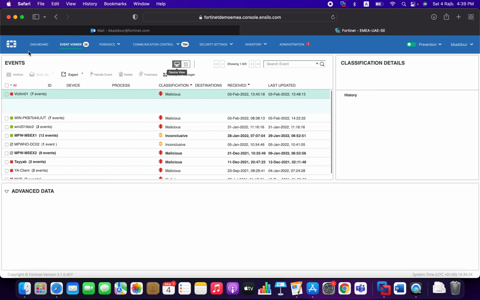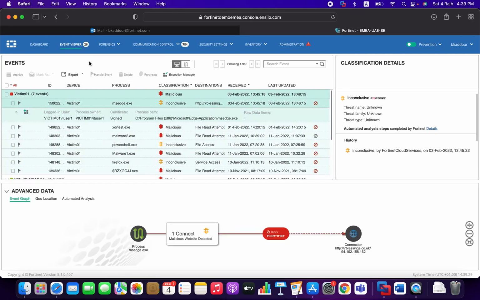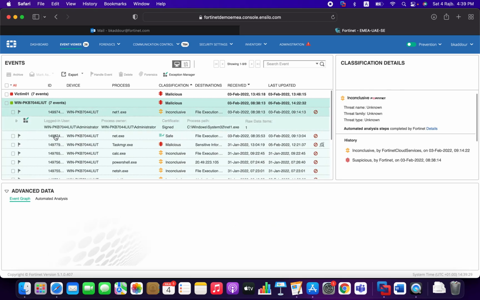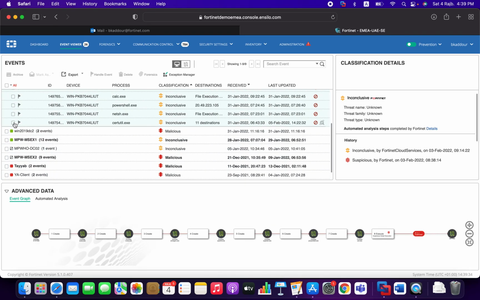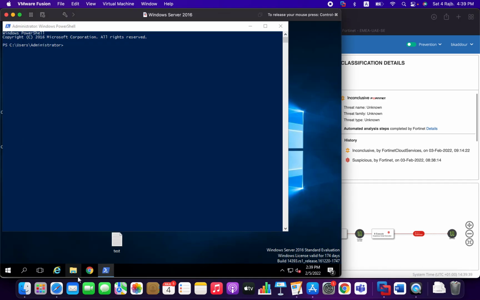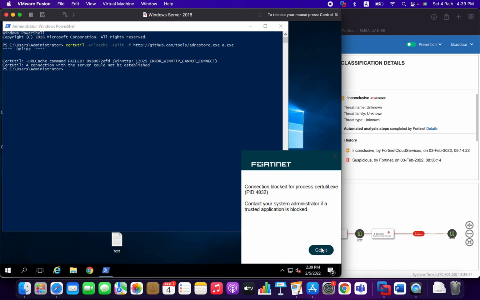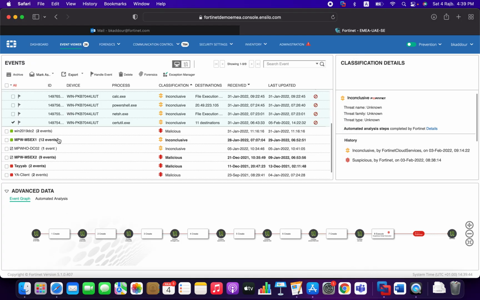So what's the relation between event viewer and the forensics tab? Whenever you see an event on the event viewer, let's take this as an example, the certutil utility. By the way, I've got here an example. I executed the certutil. Let's do it. If you execute certutil, it will be blocked. And as you will see, the